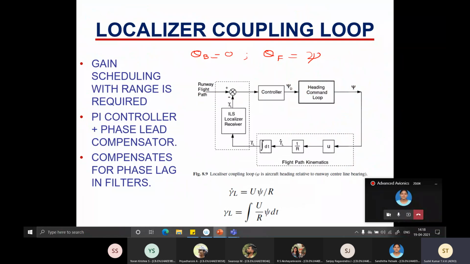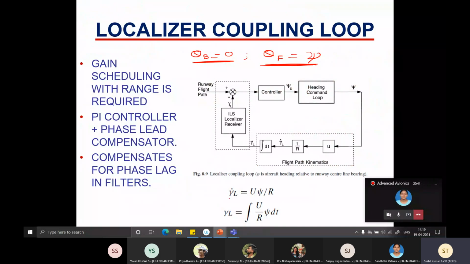So the problem, okay, now in glide path, sorry, localizer, theta b is zero because you're not displaced from the center line, okay, whereas in glide path there is a displacement from the horizontal. So here you call it zero, and the flight path angle is nothing but your heading angle, psi, or yaw angle. Without side slip, it becomes just psi, the yaw angle. So we got this relationship already.